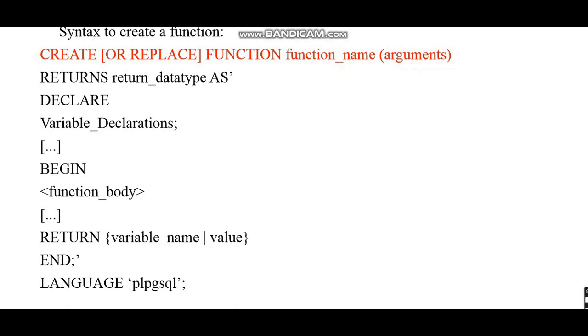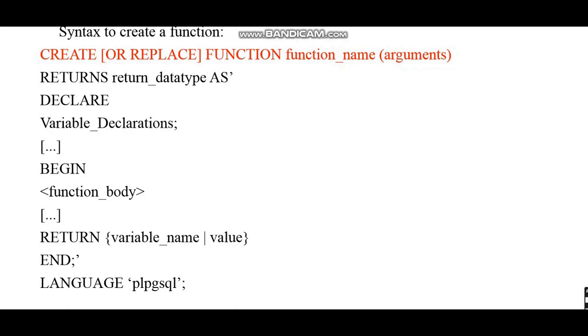Now, next part, after this create statement, there is a declaration part. Okay, declare keyword is used where we are going to declare the variables. Next, begin and end. You can see begin and end over here. Okay, begin is used to begin the function body, end is used to end the function body. Okay, and what is there between this begin and end? It is having the executable part.